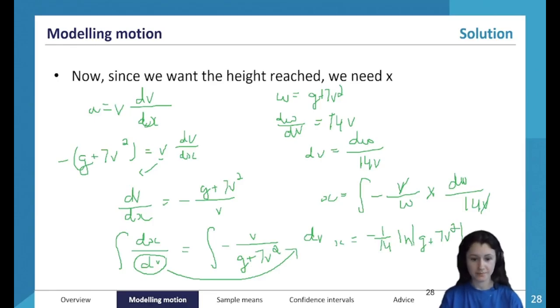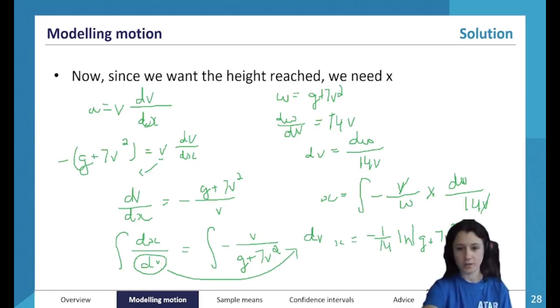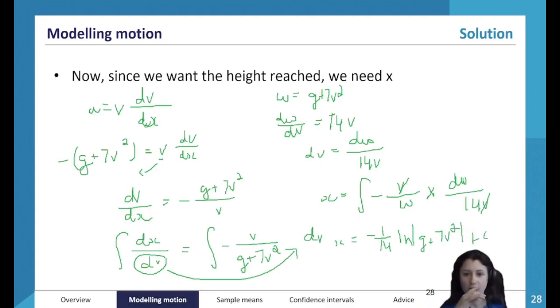Now our initial condition here to find C is actually quite simple,